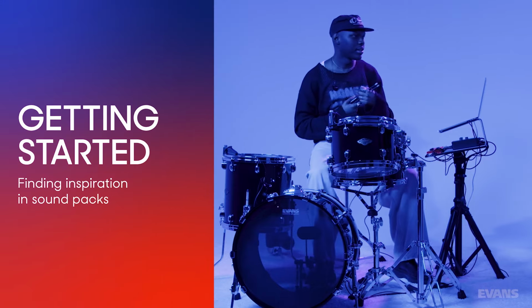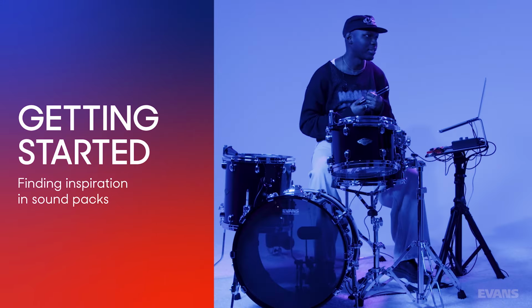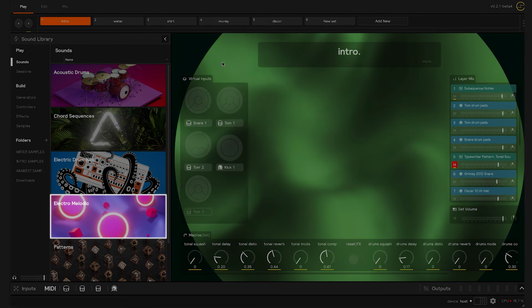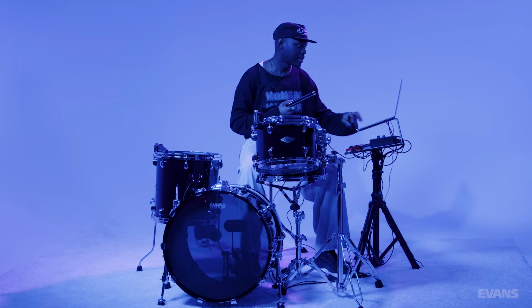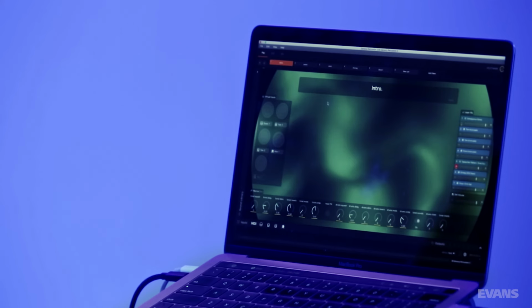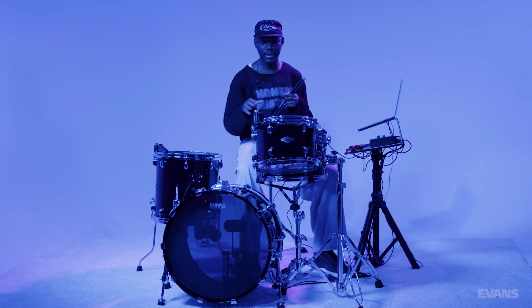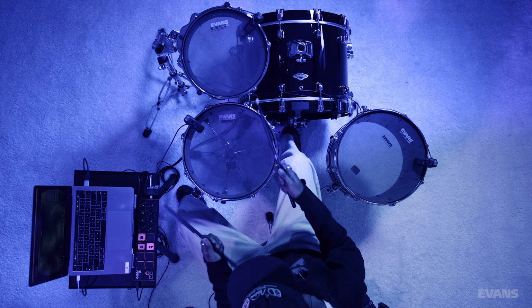So this particular song, the inspiration came from a sound pack that was already in Sensory Percussion. It's from Electro Melodic, and it's called Subaqueous. It's a cool pack because a lot of the textures are almost staccato, going between this marimba bell sound between Tom 1 and Tom 2. So for instance, Tom 1,